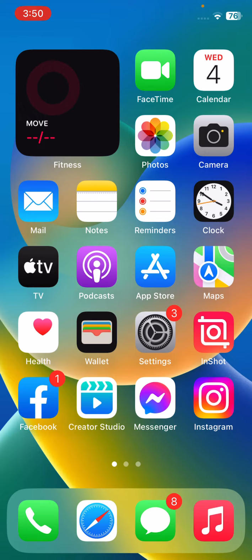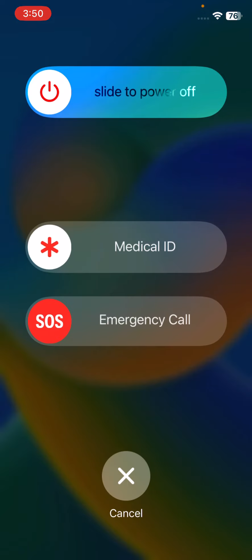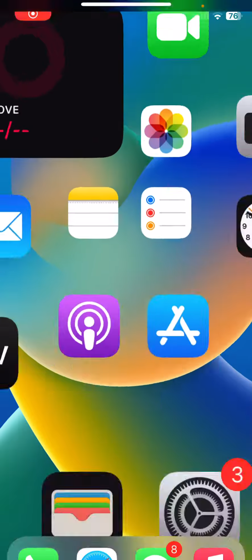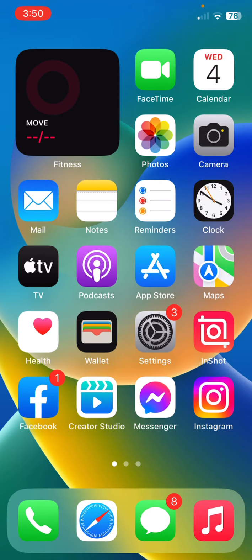So to restart your iPhone, press the power button and volume up at the same time. Slide to power off your iPhone. So after restarting your iPhone, open the lock screen here, and then after this the next solution is update your iPhone